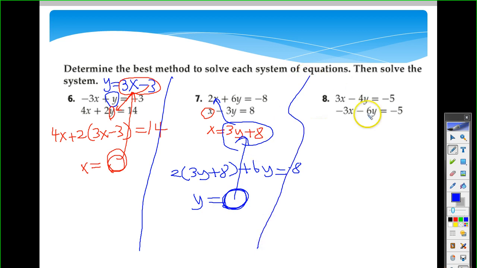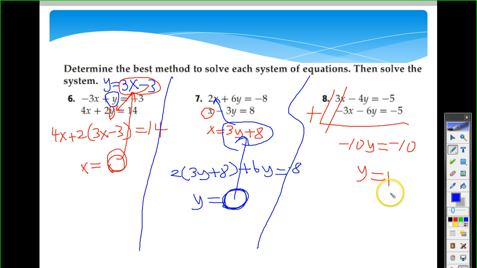Okay. Number 8. If you look at the 3x and the negative 3x, they are additive inverses. I would eliminate that by adding. So that would eliminate this and give you negative 10y equals negative 10. So once you find your y,